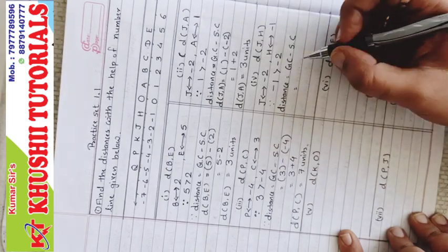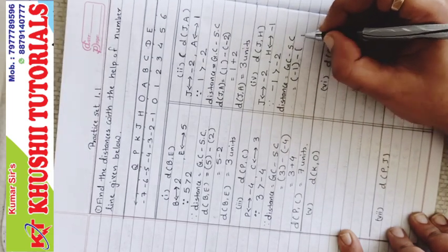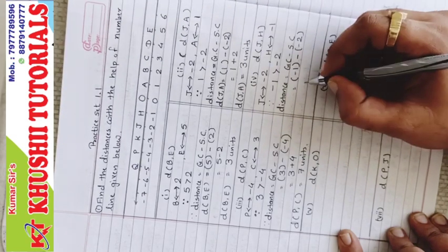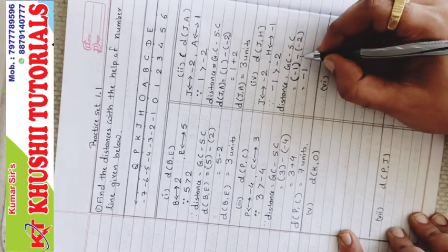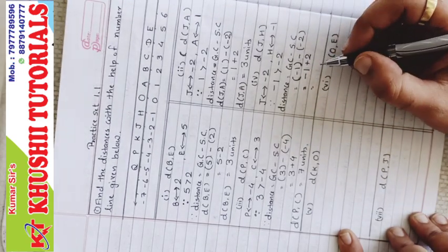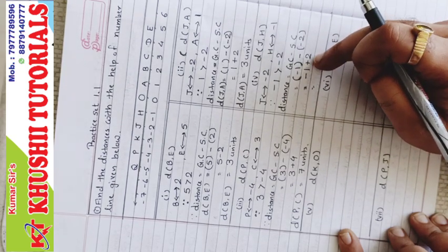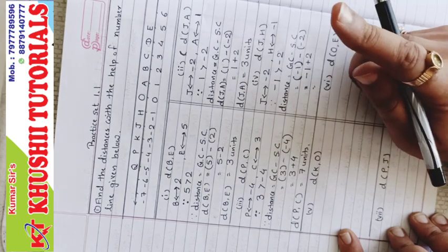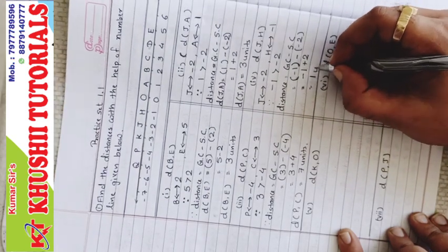Now what is the greater coordinate? The greater coordinate we have is minus 1 minus the smaller coordinate under bracket minus 2. First you always have to write it under bracket. Now minus 1 minus minus plus 2. Now different signs means difference, subtraction: greater number minus smaller number, but the sign of the greater number. So 2 minus 1 is 1, and the sign of the greater number is minus. So the answer is 1 unit.